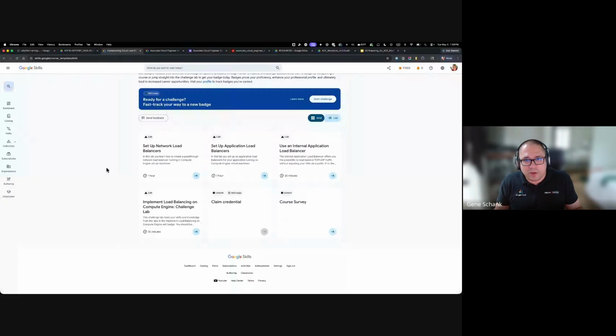Load balancing is a huge topic in general, as I'm sure you already know or have gathered by this point. And so I would recommend going through all the labs. There is another reason why I would recommend this. So if you take a look at this first lab here,